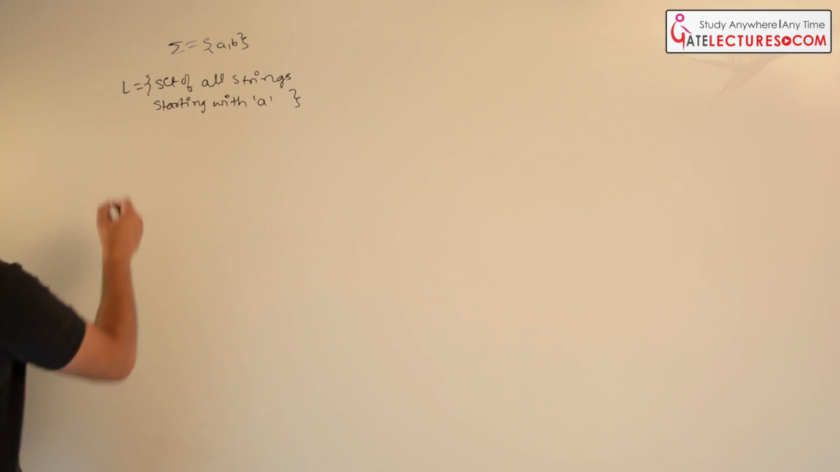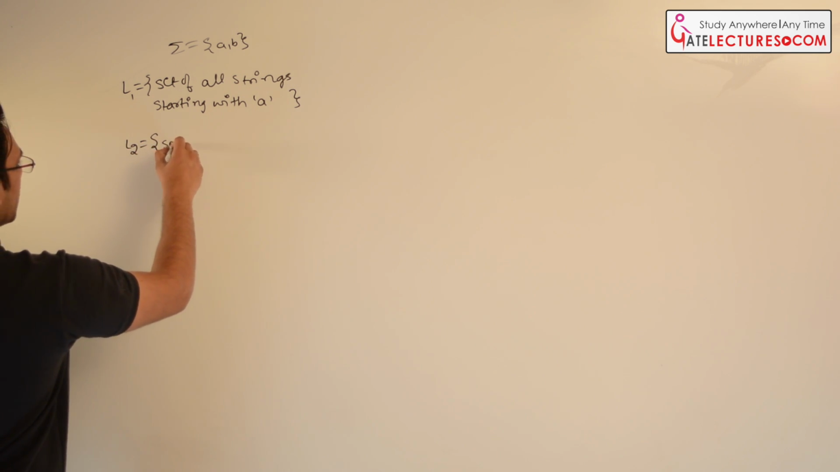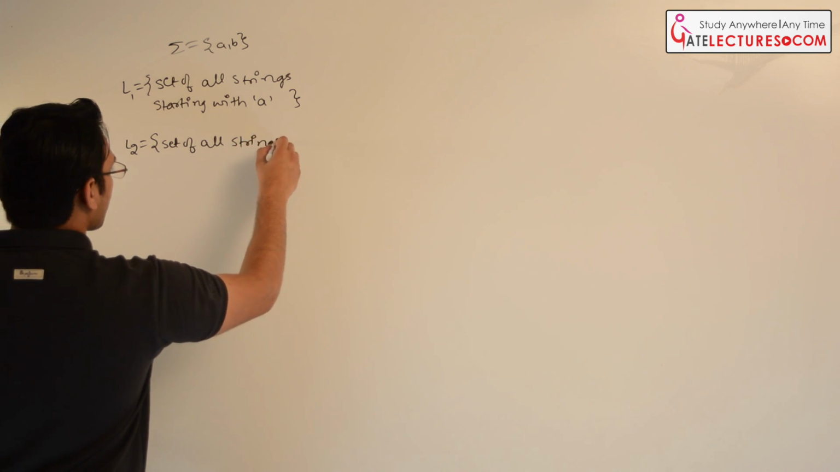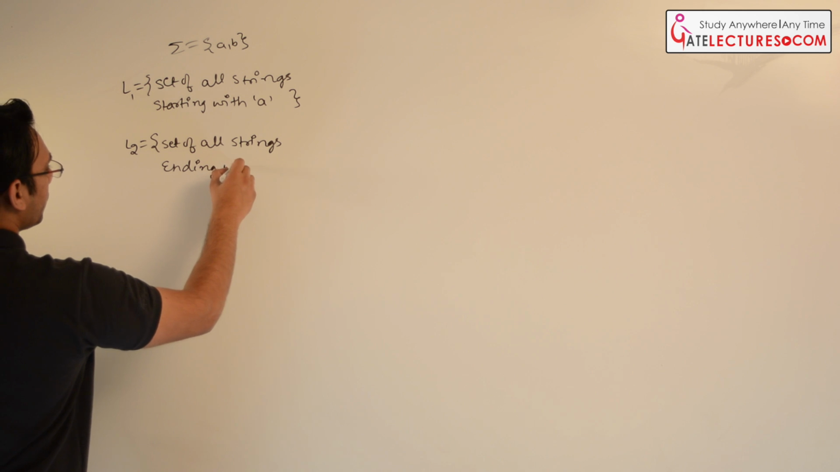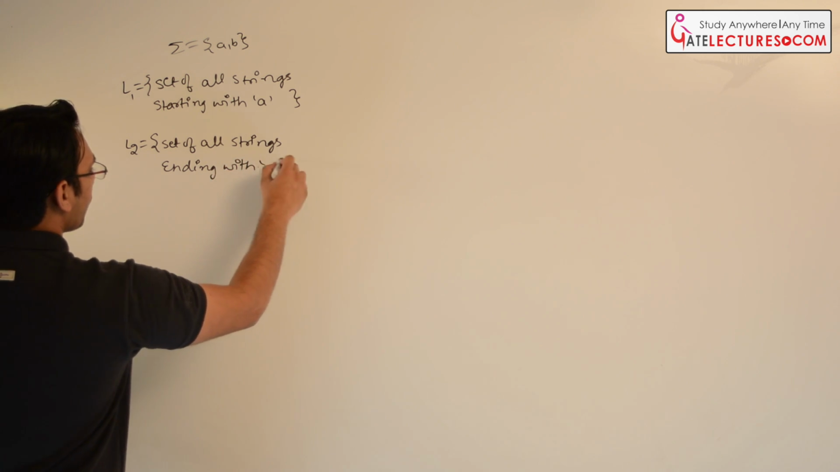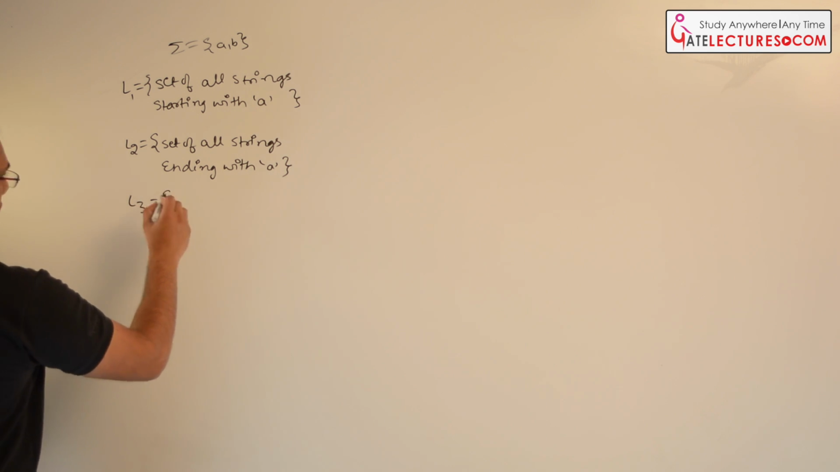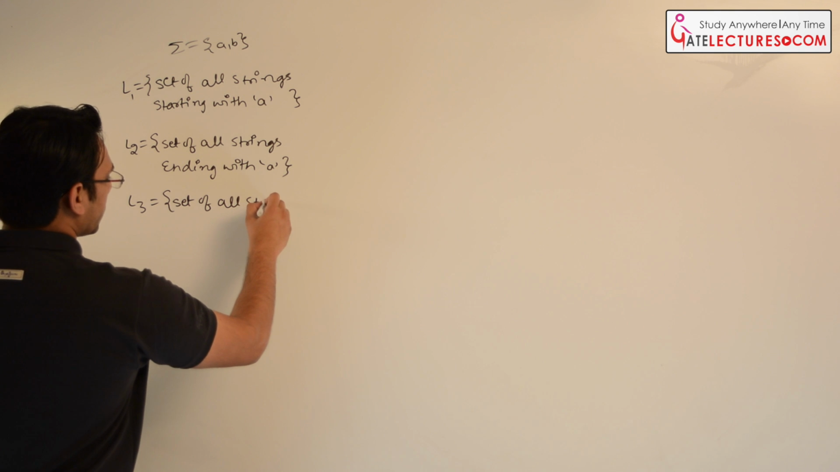Now let us say we have the second language, which is the set of all strings ending with A. Then we will draw finite automata for the set of all strings